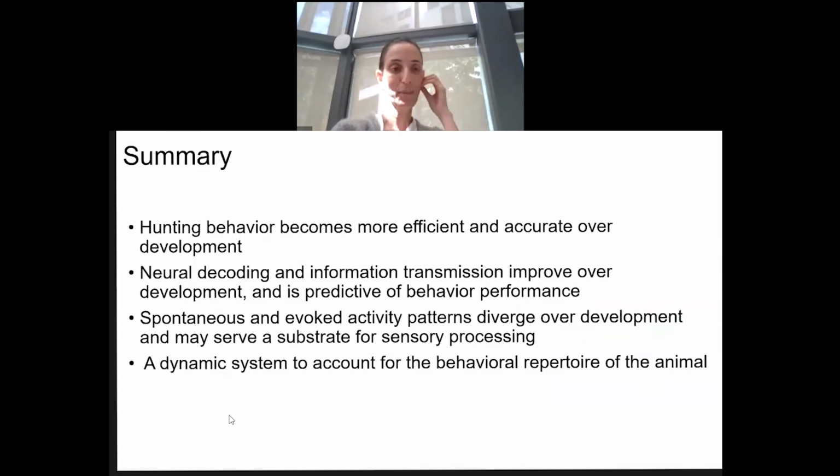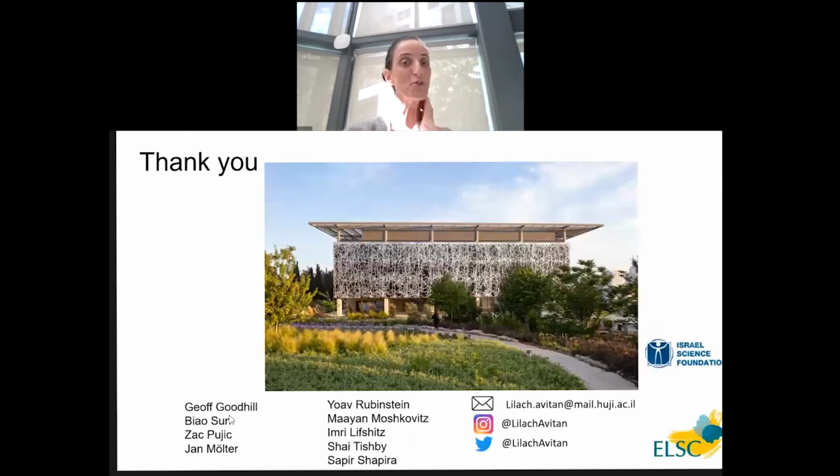Okay, so I'll conclude by roughly saying that what we really do is use maths and statistics to try to parse behavior and try to understand how the circuit is actually doing it. We are situated in this beautiful building with lots of neurons on top of it. It's very hard to see through the windows, but it's really fun and cool to do that. So thank you very much for listening.